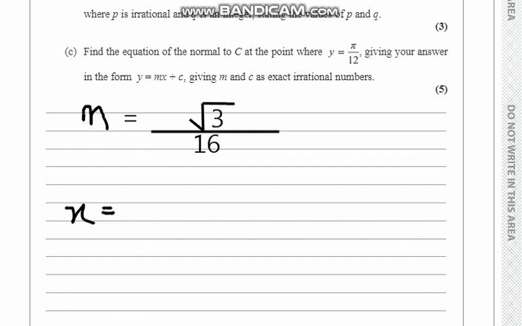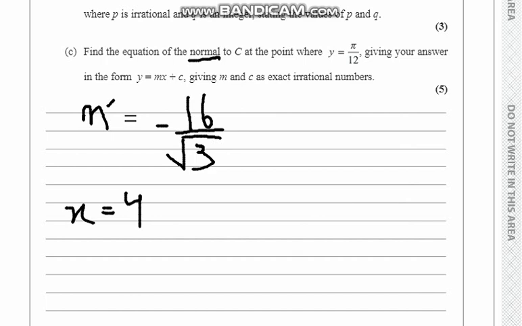And one more thing we have to take notice of or consider is, they say find the equation of the normal, not the tangent. If they say tangent, you can keep your gradient as it is, that's root 3 over 16, but they say find the normal, that's m dash. And to find m dash, what you do is take your gradient and divide it by -1, so that will give me, there you go, our m dash is minus 16 upon 3, the sides flipped over, as I said, the values will flip over, and there you go.